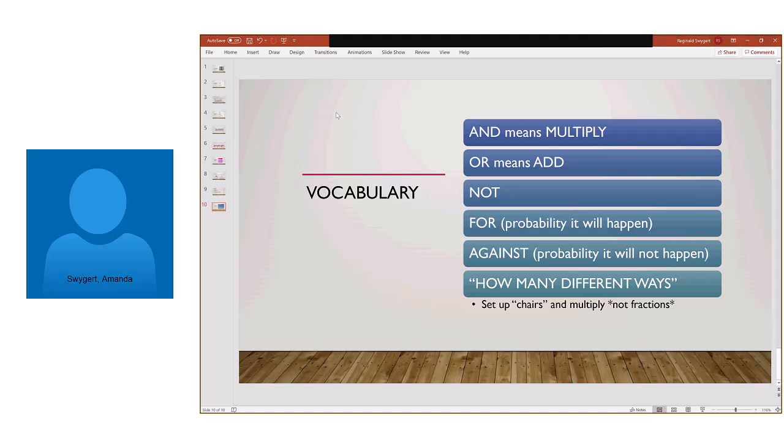All right, "or." If you see the word "or," this means that you're going to be adding. So the "or" means that there's going to be more chances of this happening because we're not saying that both have to happen. We're saying that either one could. An example would be: what is the probability of choosing a red card or a queen? If I can choose a red or a queen, that means there's more ways that could happen, which means the probability is going to be greater. So "or" means you're going to add, which means we need to know how to add fractions. That's going to be a topic.